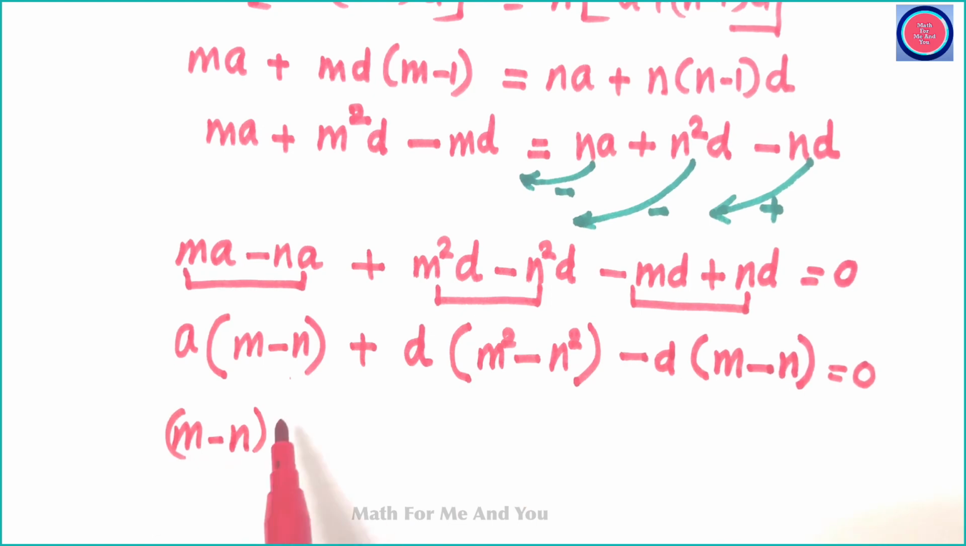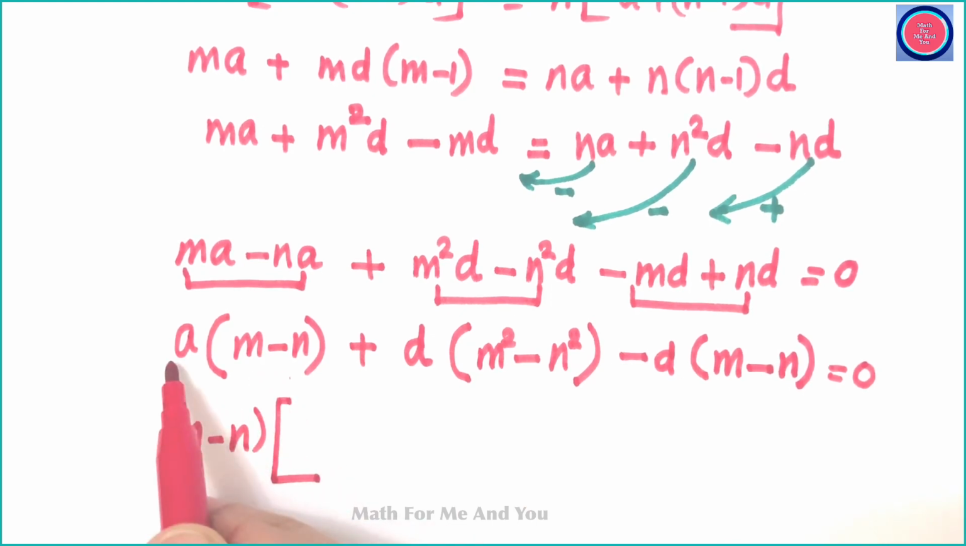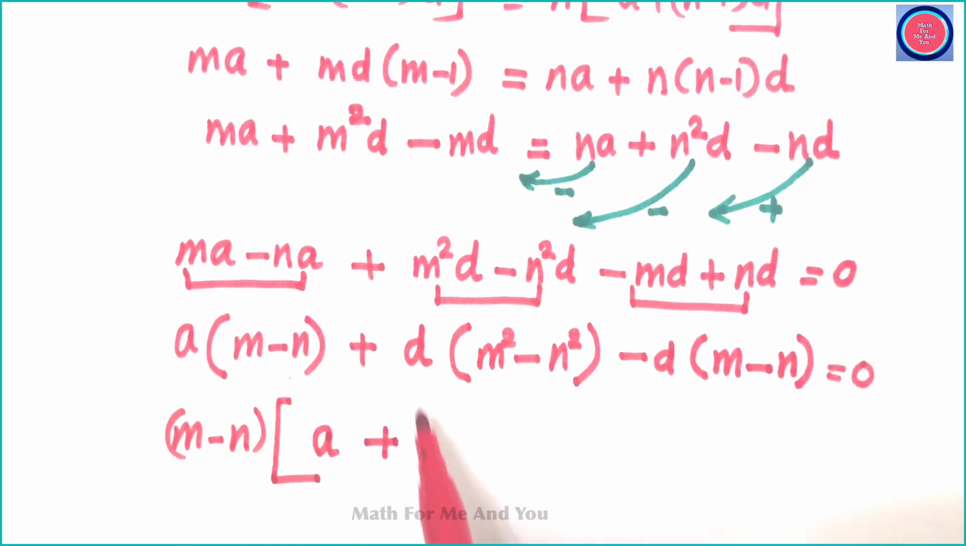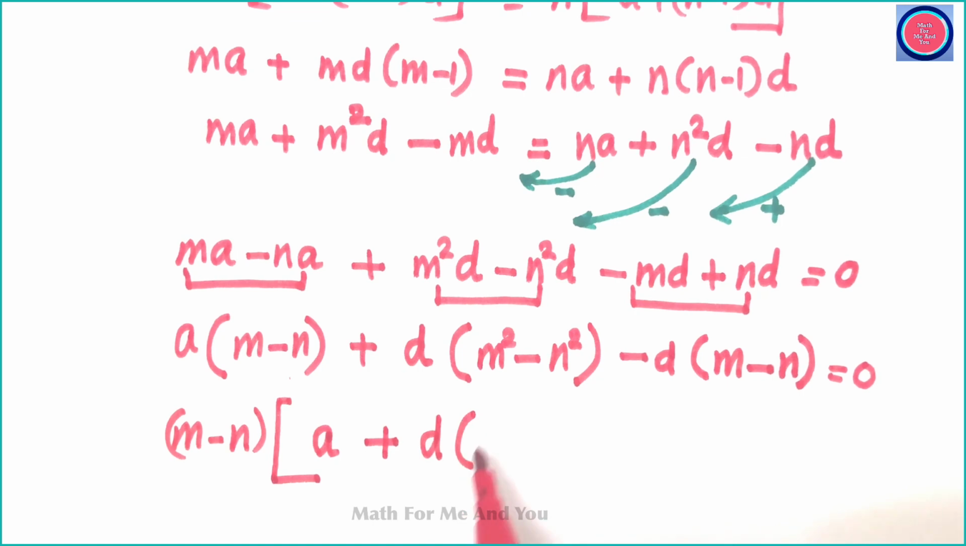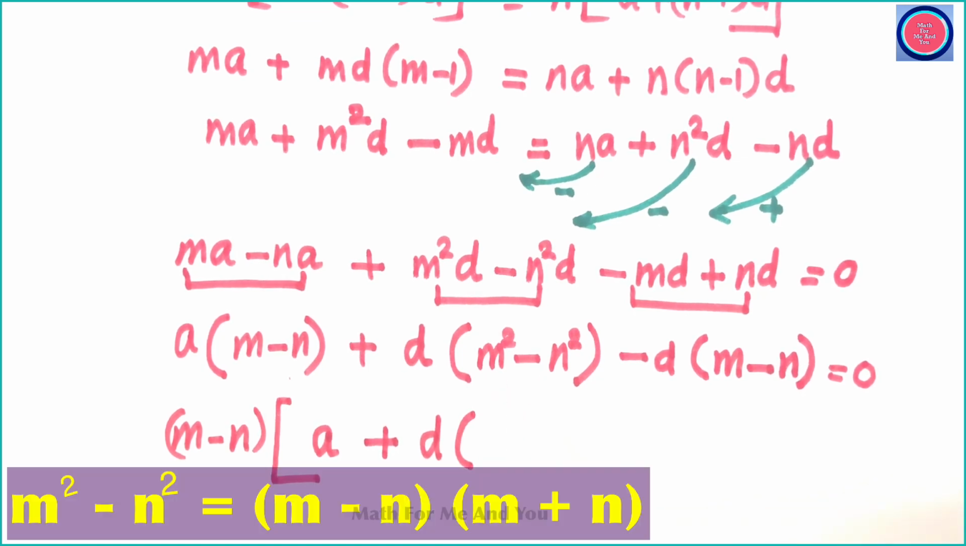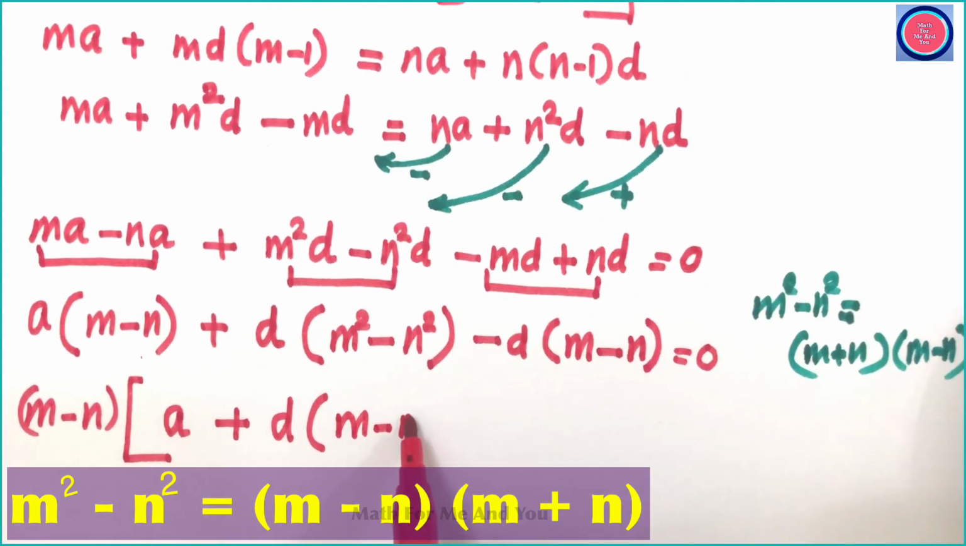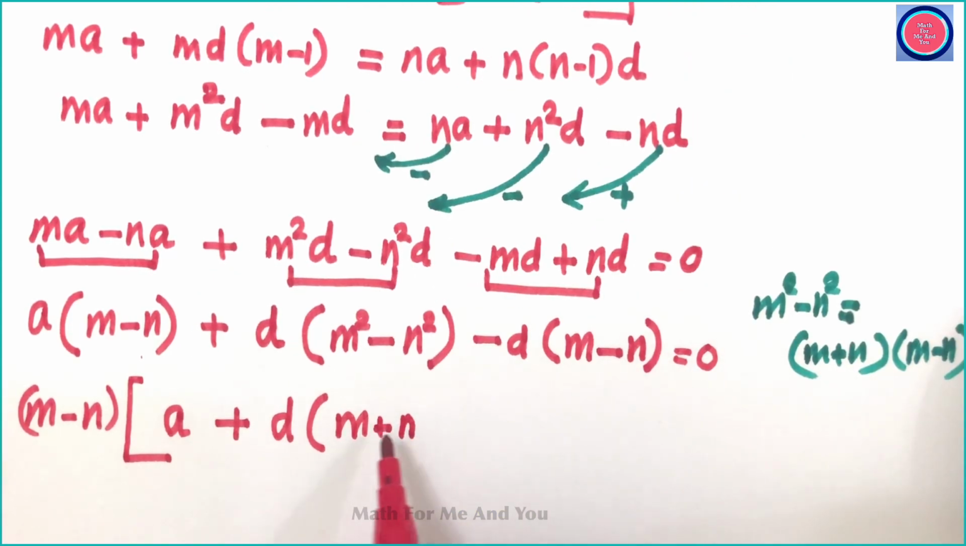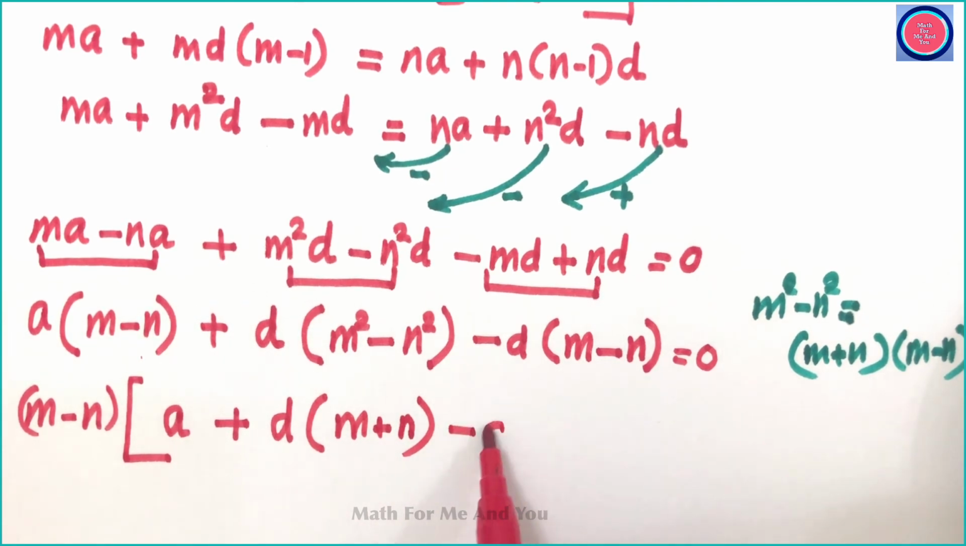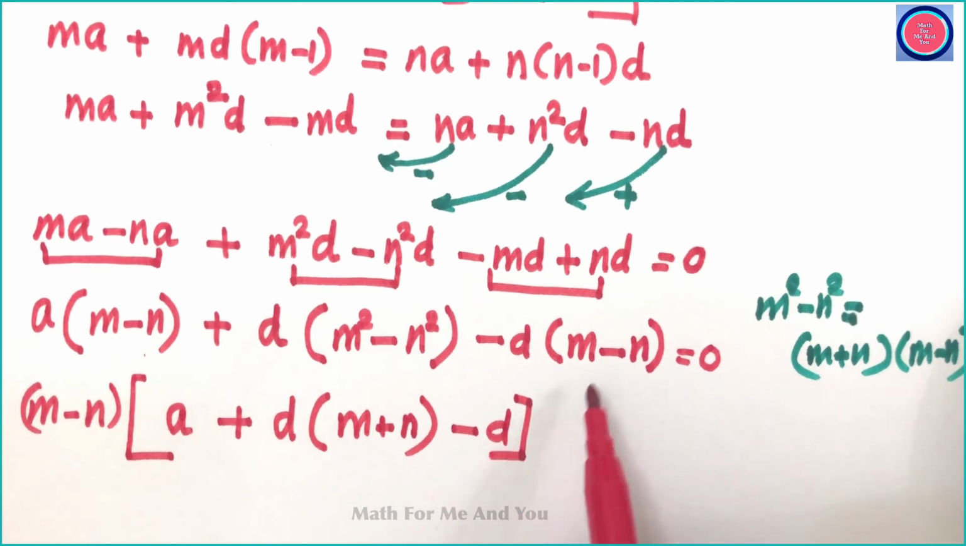We can write this first. Then open a bracket. First term, m minus n outside. What is the remaining term? a. Plus second term d, we can write m square minus n square. We know it is m minus n into m plus n. Where is m minus n? It is outside. So the remaining is m plus n. So second term d times m plus n. Minus: m minus n we take outside, so it is just d